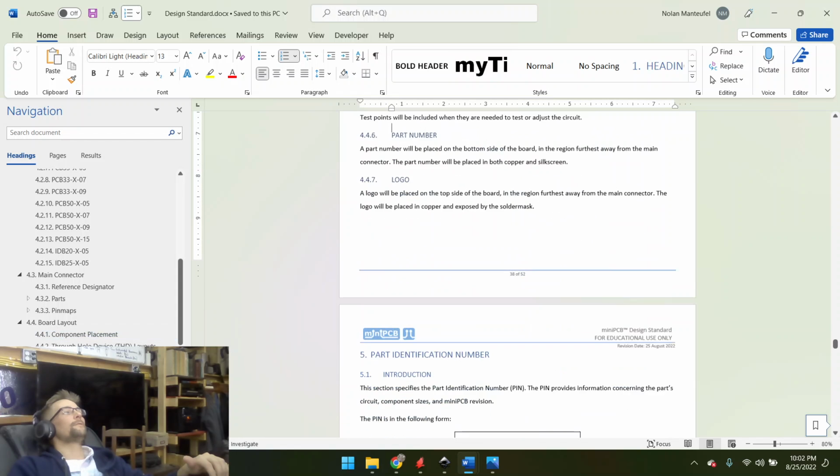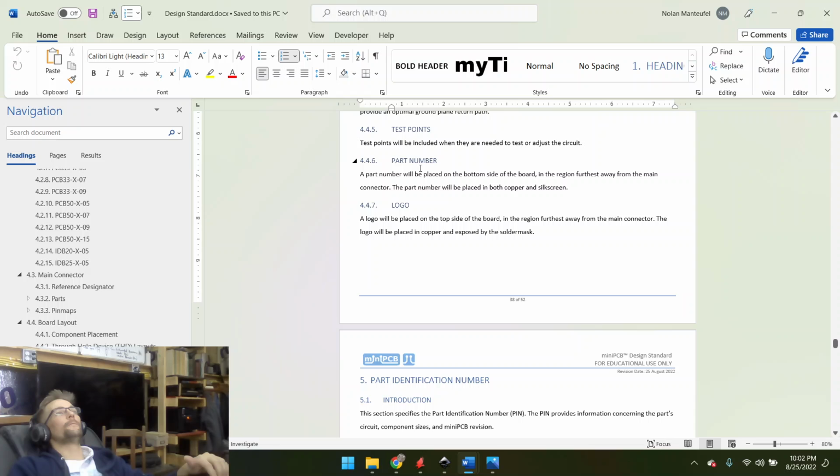Yeah, I think it'd be right here. I think I took it out though. No, here, no, it's there. It's there. Okay, so this is required by the standard, that the part number will be in the bottom copper,